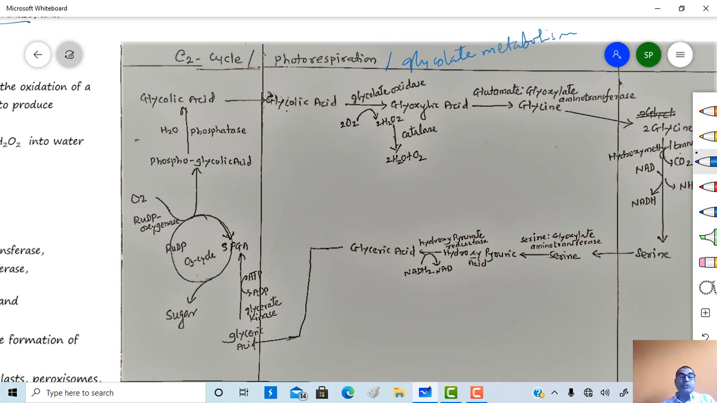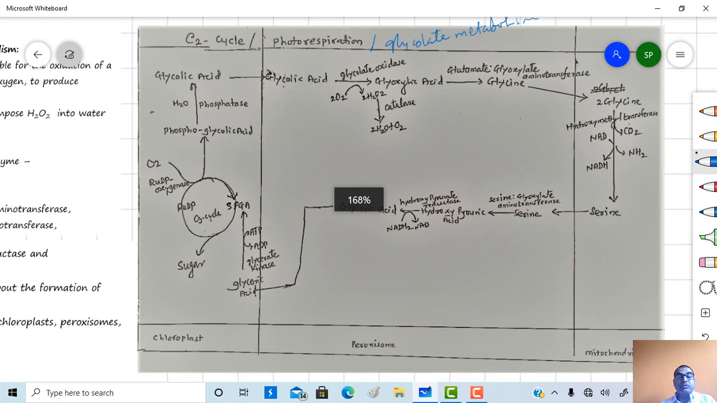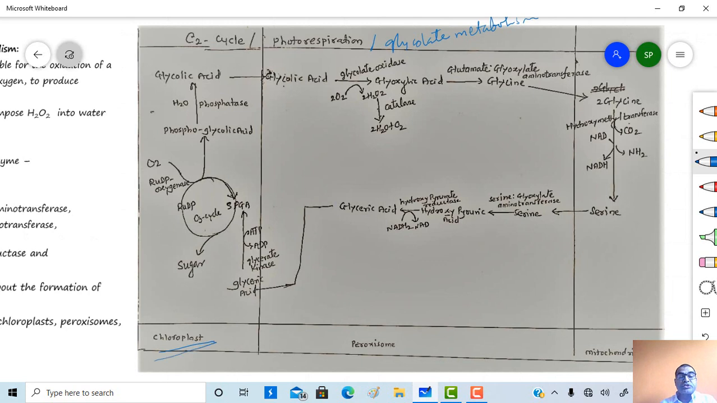Okay. So this is the region which is a chloroplast. This is the zone of a peroxisome, and this one is a mitochondria. So for the occurrence of photorespiration or glycolate metabolism, chloroplast, peroxisome, and mitochondria are essential. As you know, the chloroplast is the site of